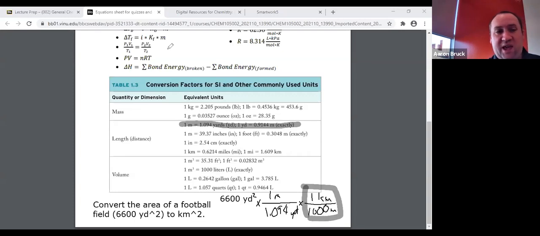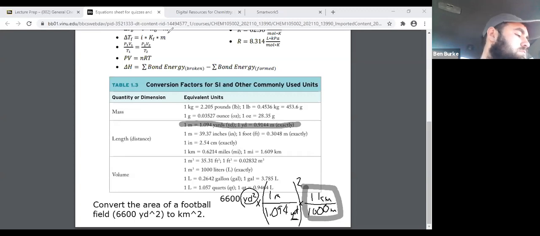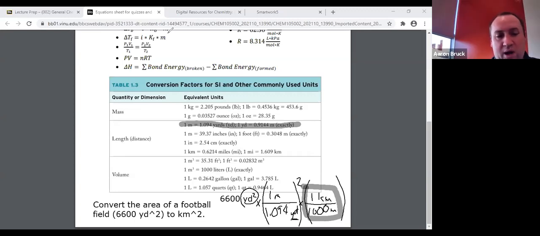Now, to fix that, it's a relatively simple proposition. It's a relatively simple fix. What we need to do is, because this is yards squared and this is only yards, we need to square that conversion. And similarly, between the meters and the kilometers, we're going to need to square that conversion as well. So in long form, what that looks like